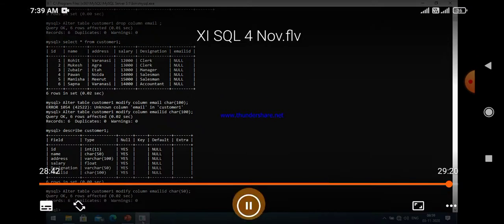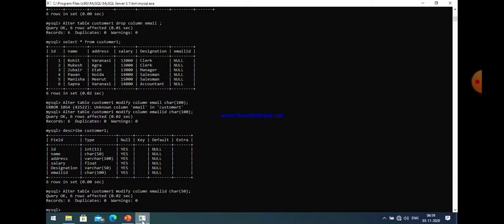So you can easily see that. But one thing should be remembered that if there is already data, then you are not able to reduce the size of that particular column if data already exists and that data has some size.